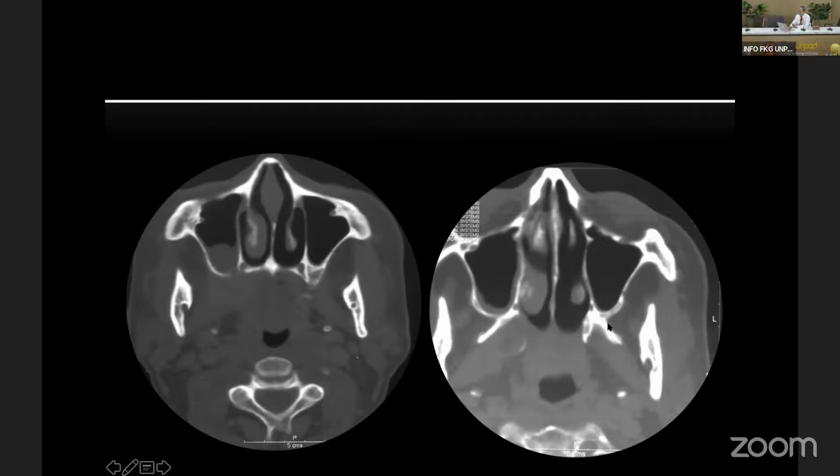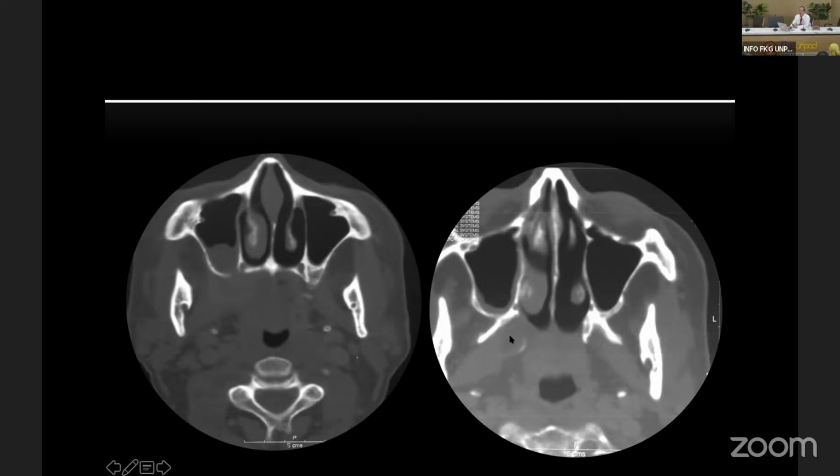This is a lateral pterygoid plate of the sphenoid bone, all right? This is the medial pterygoid plate of the sphenoid bone on the left side. But if you look here, that's the lateral pterygoid plate of the sphenoid bone, but the medial pterygoid plate was destroyed or partially destroyed. And you can probably see there's a sort of soft tissue mass here.